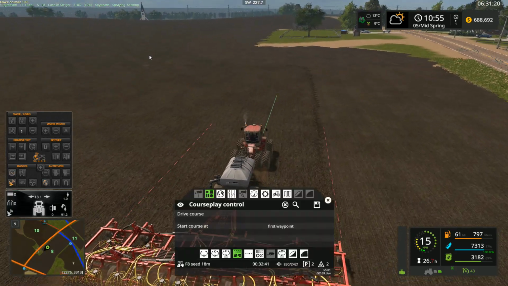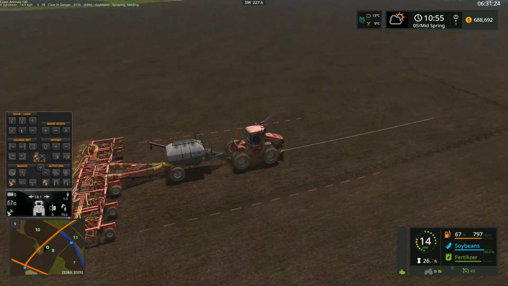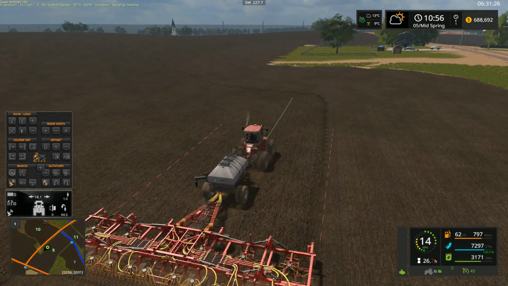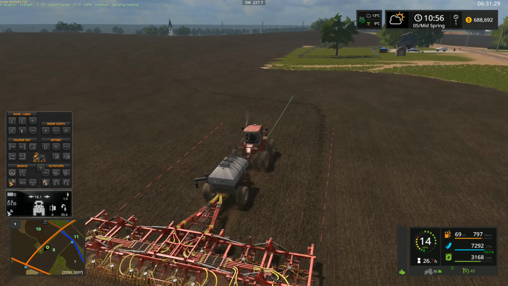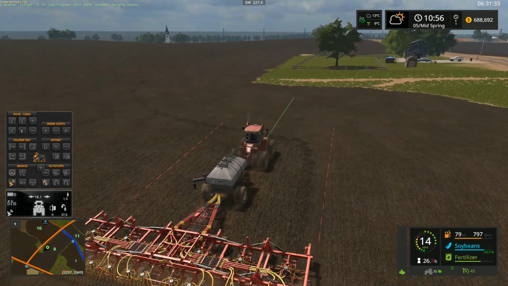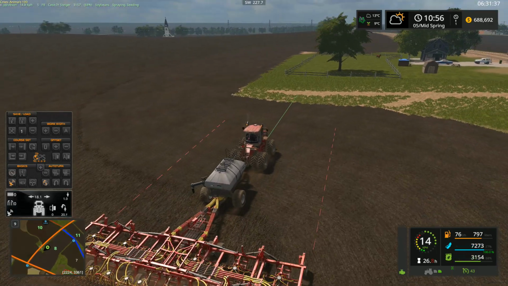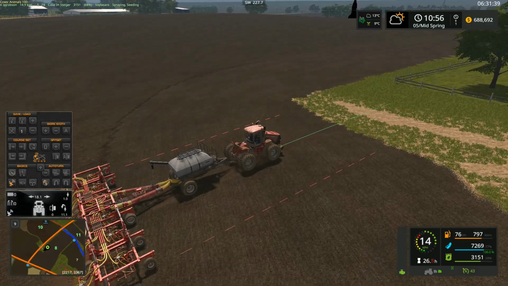So yeah, I had Courseplay do the headlands already, and I know normally you do that after the fact, but I just had something else to do, so that was a bit easier than just doing it myself. So that's the reason why we did it that way. All right. So we're in mid-spring now, and we're getting ready to plant a few things